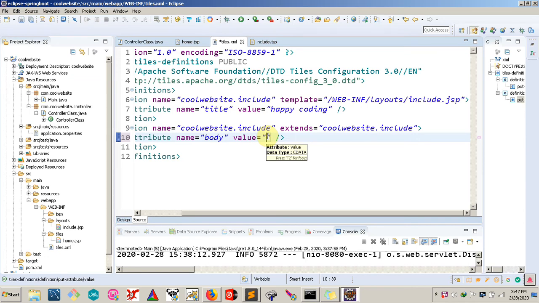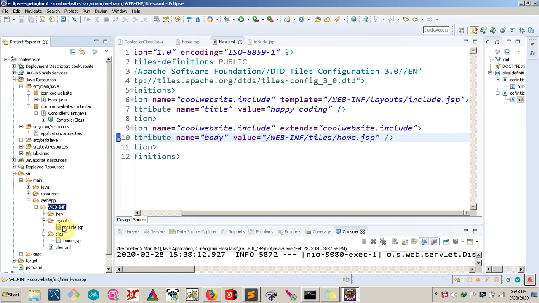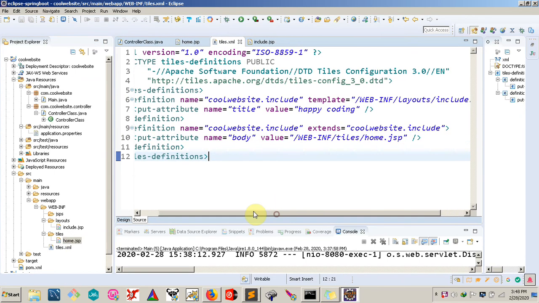I think it is located somewhere in slash tiles, I hope I get it right, and then the JSP file, which is home.jsp. So I think I have it right. It is WEB-INF/tiles/home.jsp. So I think that's that for our